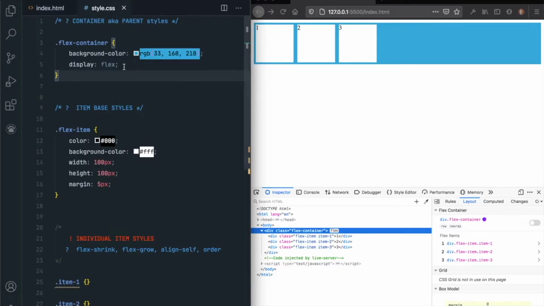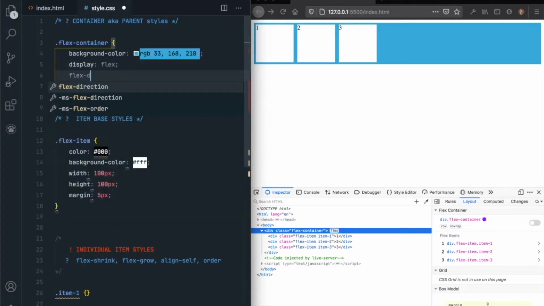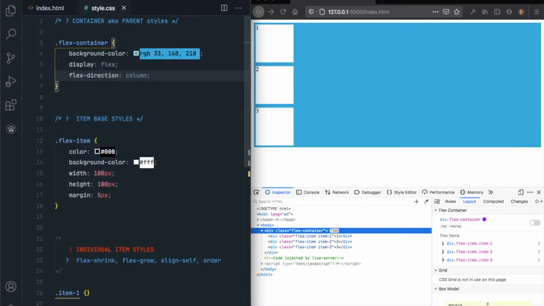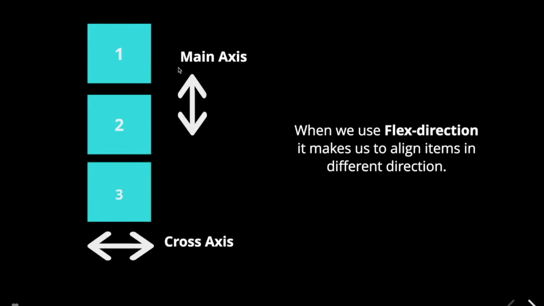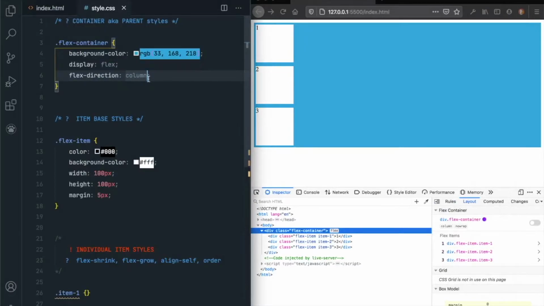If the flex direction is set to column, both axes are changed. Now the cross axis is from x1 to x2, or left to right, and the main axis is from top to bottom. This is the main axis and cross axis. You need to keep these axes in mind in order to move further along in Flexbox. The flex-direction property takes four values.